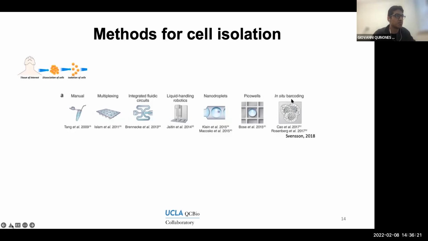And what these groups achieved is that they managed to add, through a series of permutation dilutions, individual labels to every cell, so that there's really not the need of physical separation anymore,